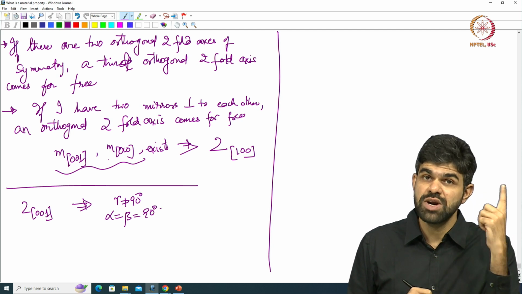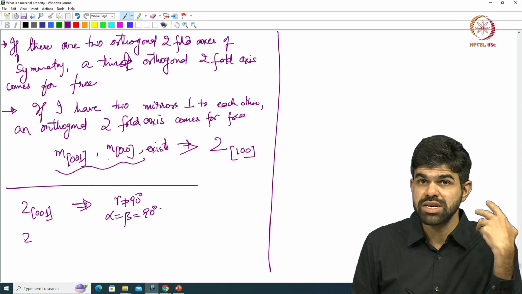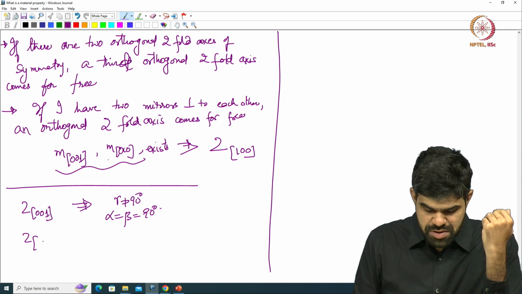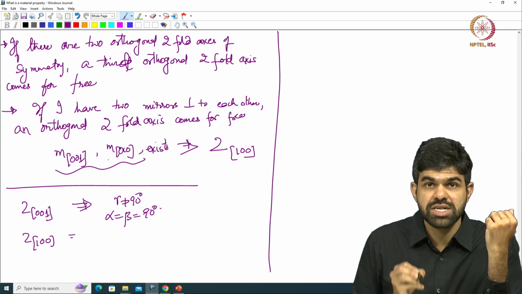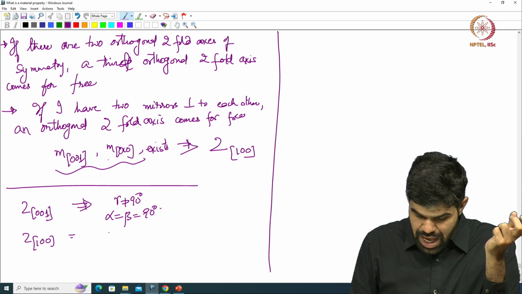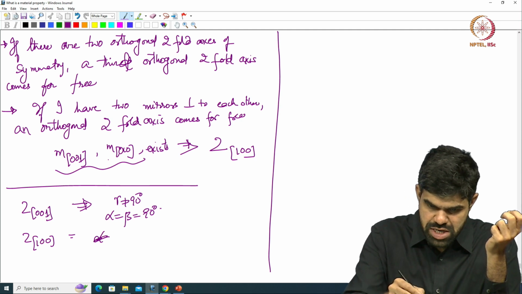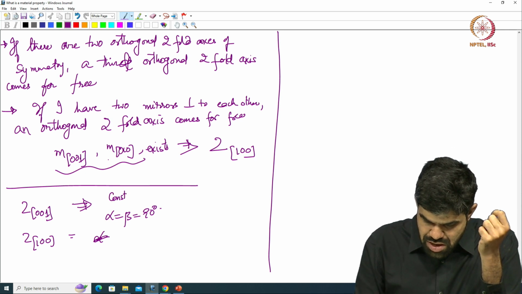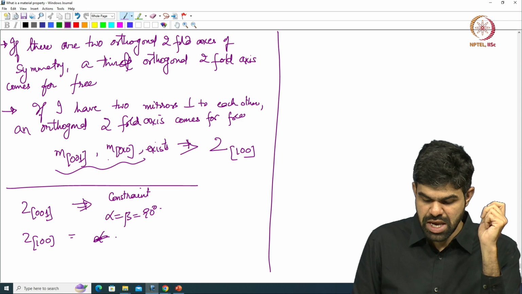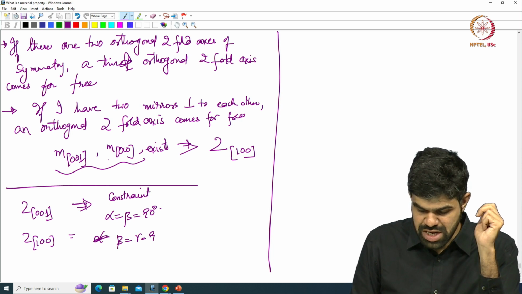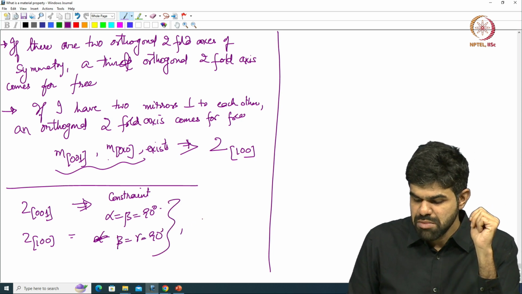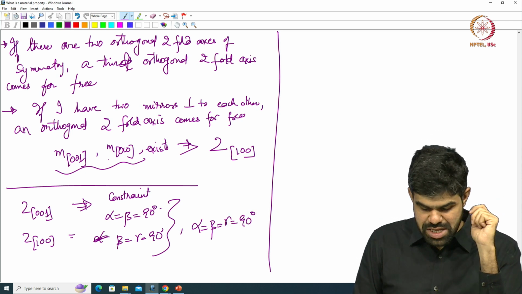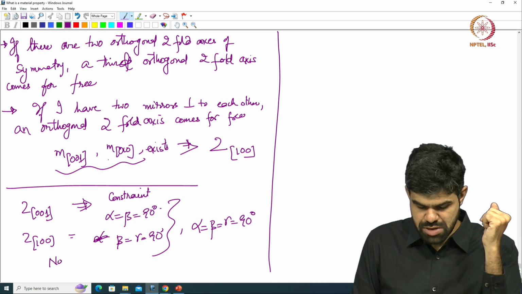But I am saying it is not just one two-fold axis, I have two or more than two, actually three two-fold axes of symmetry. So, let us go back to three two-fold axes of symmetry. If I have another two-fold axis about 1 0 0, that means now my alpha does not have a constraint. Gamma not being 90 is not a constraint. The constraint is alpha equal to beta equal to 90 degrees. Here the constraint will be beta equal to gamma equal to 90 degrees. So, if I have two two-fold axes of symmetry, my constraint then turns out to be alpha equal to beta equal to gamma equal to 90 degrees, and there are going to be no constraints on a, b, c,